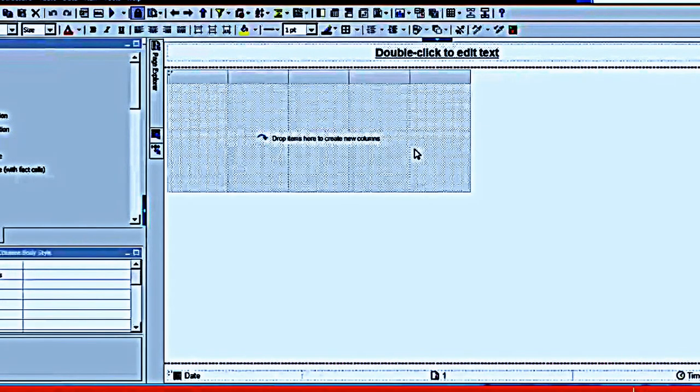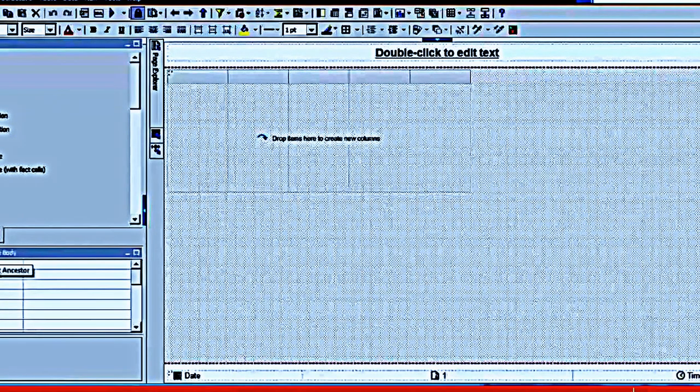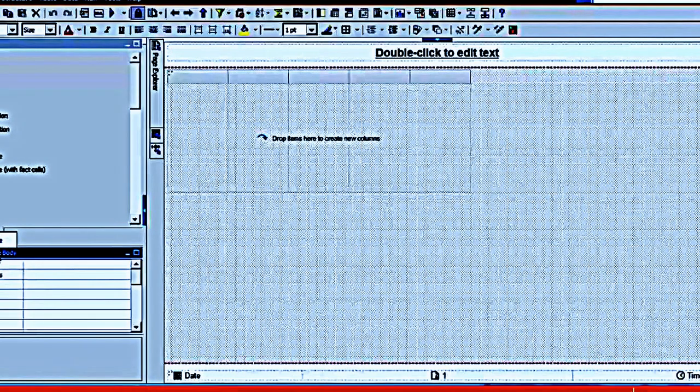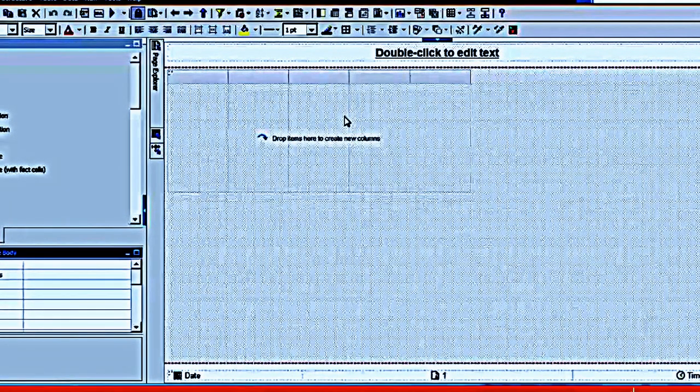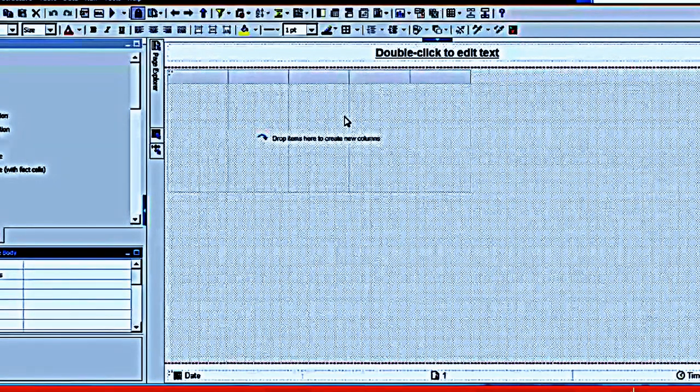Suppose this is a list, right? This is a list actually. This is a crosstab. This is the page body. All those things we can recognize from this ancestor button, I'll say simply. From this button we can recognize where we are. So this is a text item, which came by default.